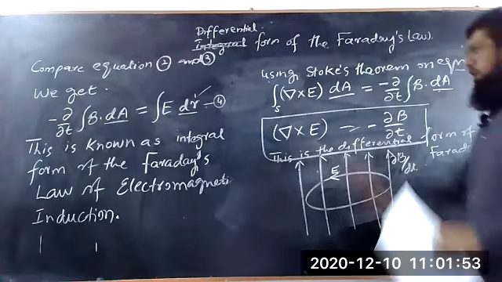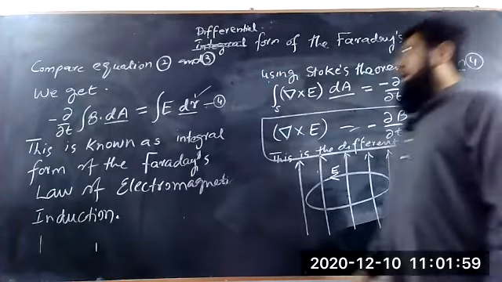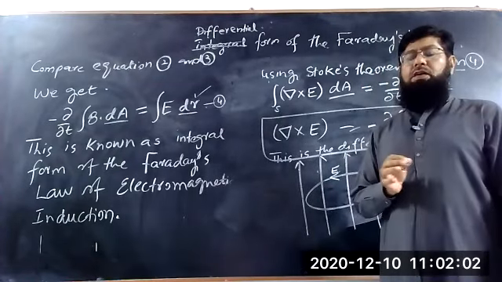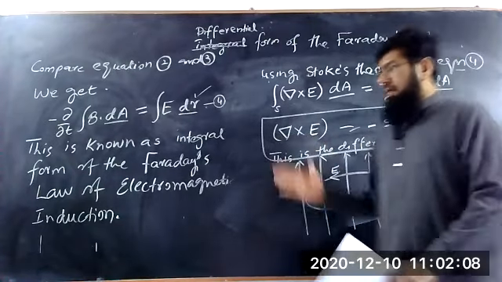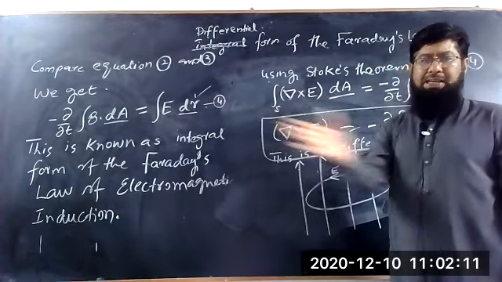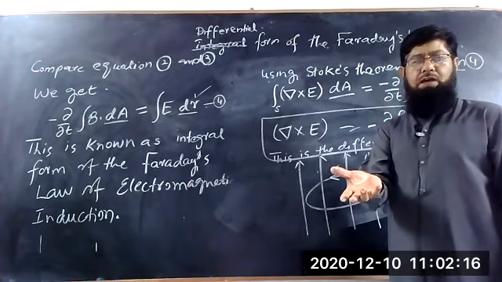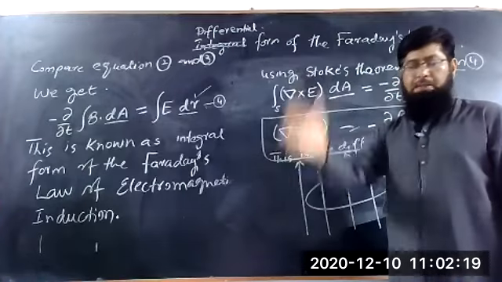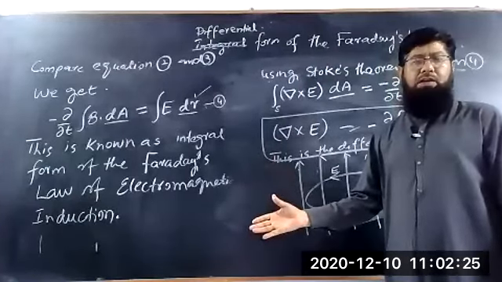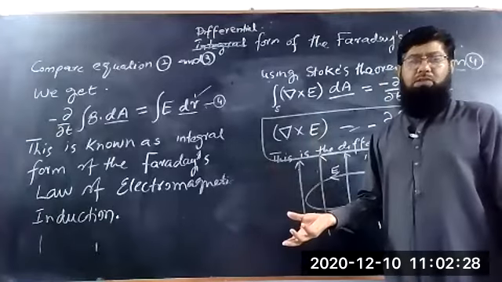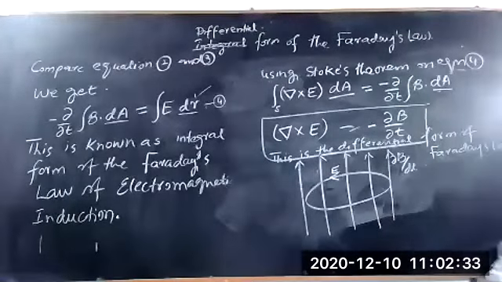Now if we conclude this whole story of Faraday's law, we must say that the rate of change of magnetic flux passing through the coil produces EMF in the coil. It means you now have both cases. Either the magnet is moved towards the stationary coil, and in the same way the flux passing through the coil changes with time, or the magnet is at rest and the coil is moving towards the stationary magnetic field. In both cases, the flux through the coil will change. So in this case, the EMF is known as the motional EMF.